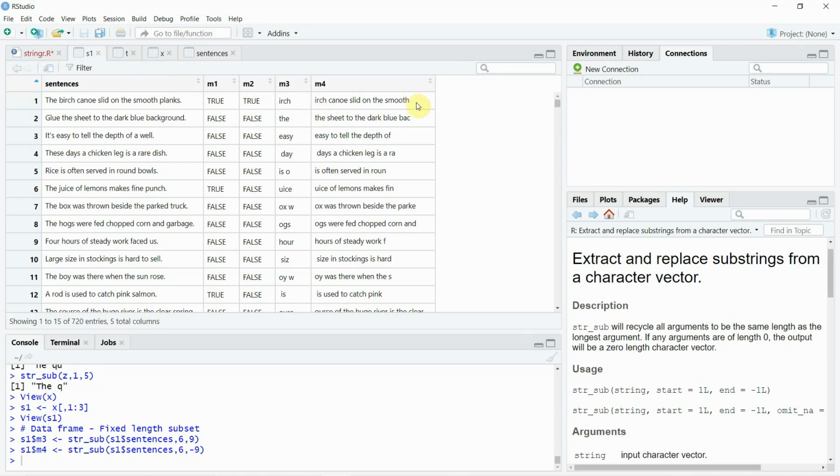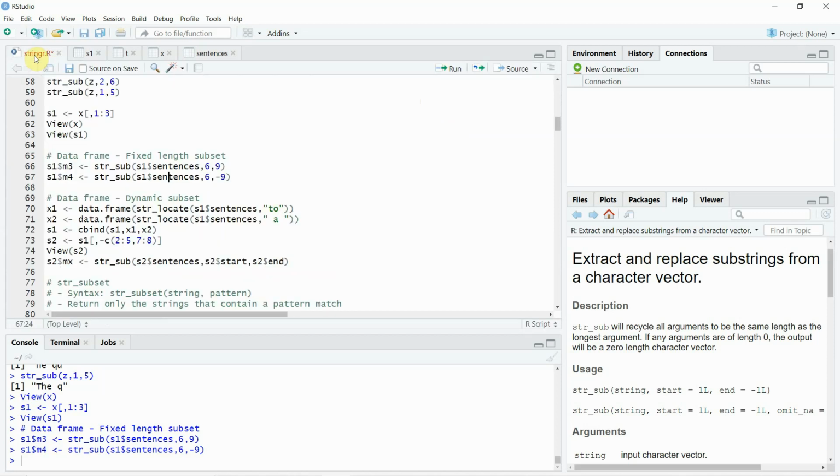So it will give you till the ninth position from the end of the string, right? If you look at the first row here, you can see that it ends in H, which is the ninth position from the right part of the string. So this is like the right function in Excel that we covered earlier, right?